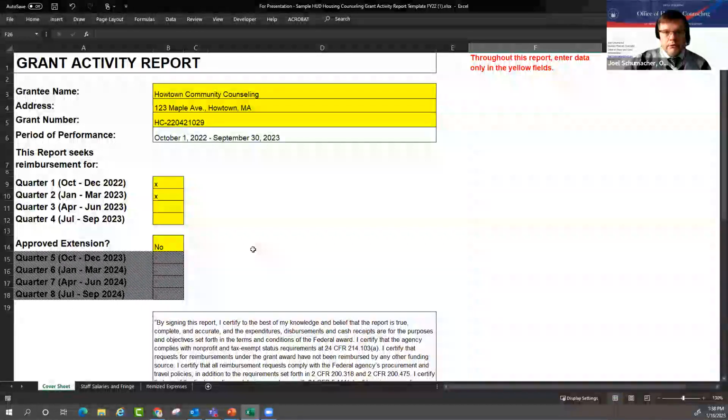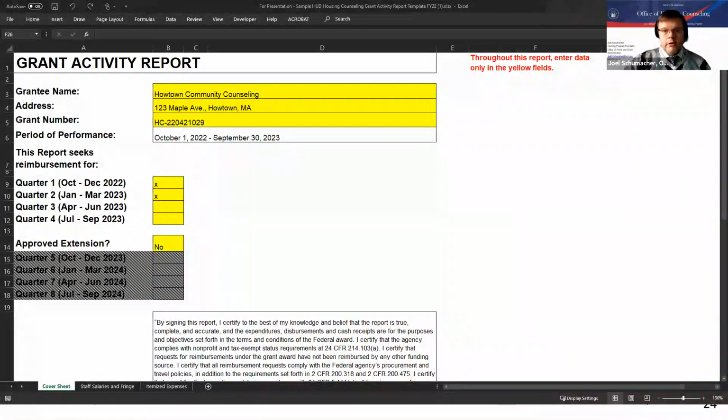So in this sample, you're only going to fill out the fields that are annotated in yellow. And there's 3 tabs. There's a cover sheet, then a tab for staff salaries, and a third one for itemized expenses. So let's start with the first one. You're going to put in your name, address, what grant you're dealing with, and what the period of performance for that grant is. In this case, this GAR template is designed specifically for FY22. So you can see that the period of performance is fixed and the quarters are annotated as appropriate for the